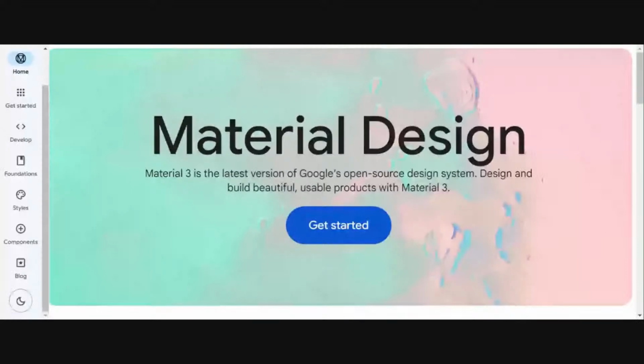Okay, so this is Google Material Design. This is Google's design system, which you can utilize to create your own designs. They actually make your work faster, and you are going to be using standard